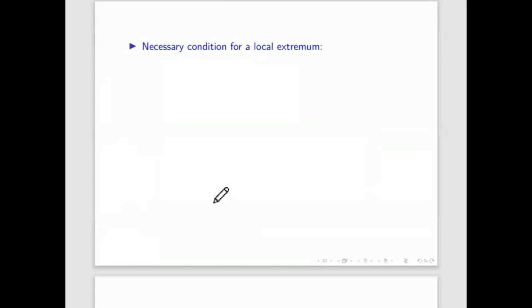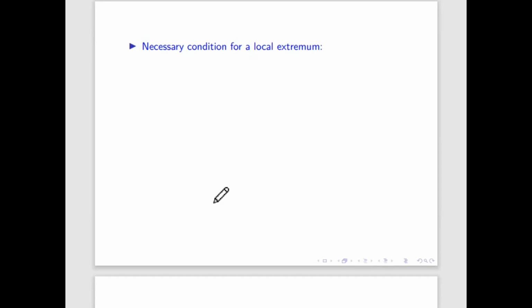So we'll see the definition of saddle point a little bit later. So what will be the necessary condition for local extremum in single variable? Like in single variable, when will we say that a point has a maxima or minima for the function f of x? Derivative is 0. Yes. Once the derivative is 0, that is the necessary condition that it has either local maxima or local minima.